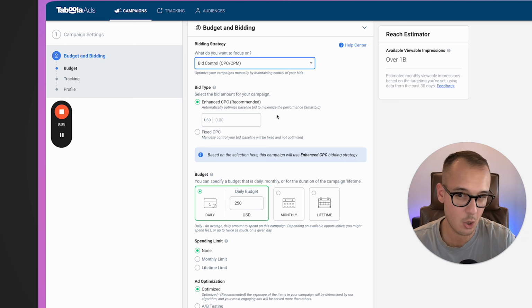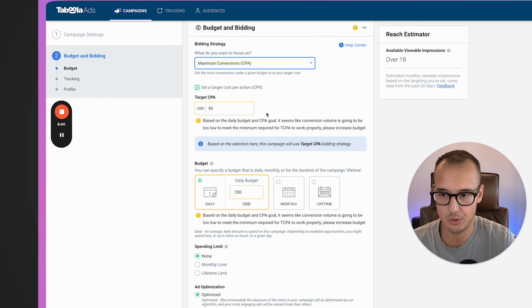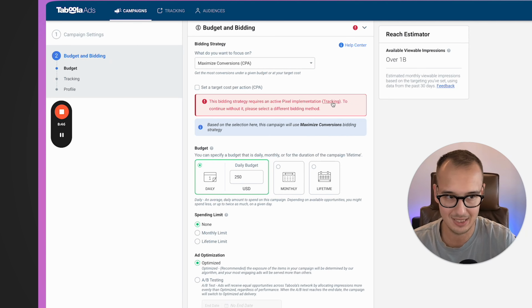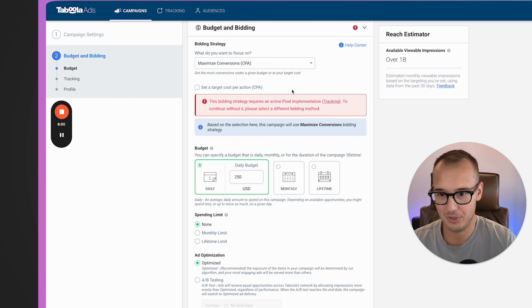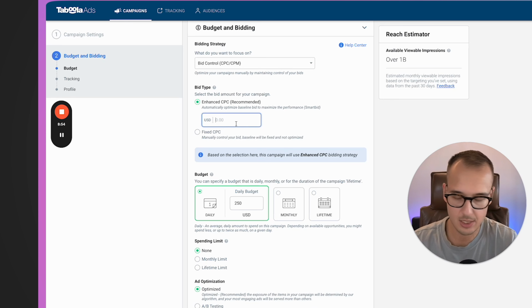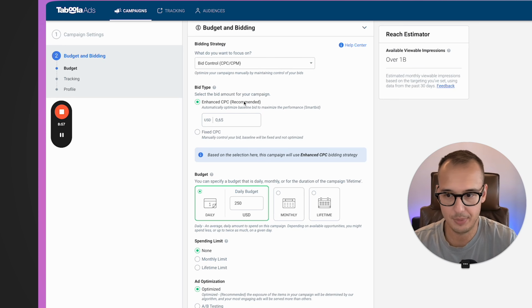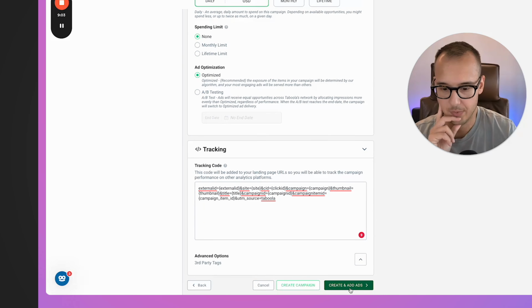So if you have an older account, it's maybe not enabled. So in that case, I will use the bid control. So why do I have this information here? Because I have an account with no pixel data inside. So that's something like my fake account. So it's not working at all, which you can see here. Therefore, I will overrule the system here and we'll start with a manual bid, which is, by the way, way too high now. Let's put something more realistic to start with. All right,